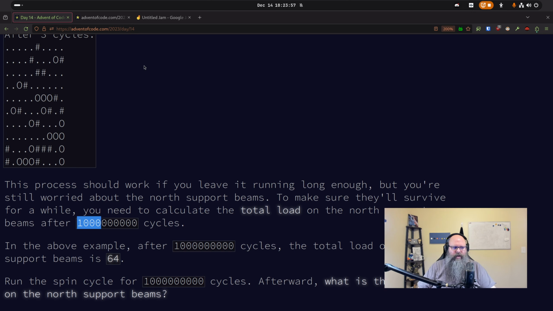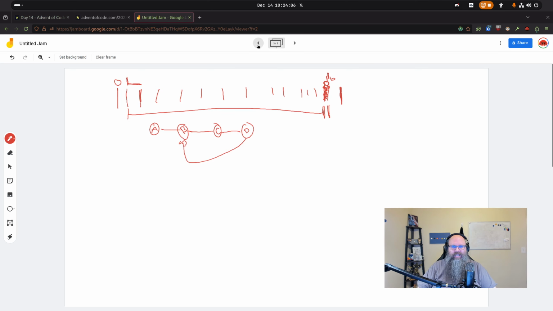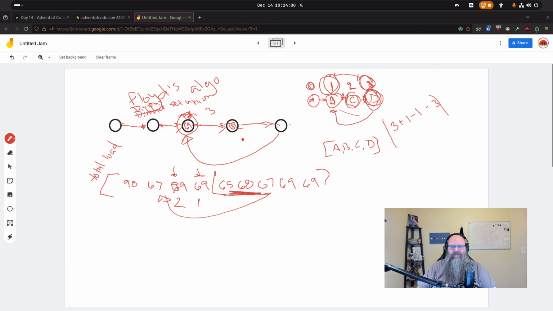So there you go. That's my solution. I'm curious how you guys solved it. Maybe you found a better cycle detection. I apologize if my description of this graph stuff didn't help. I do, though,